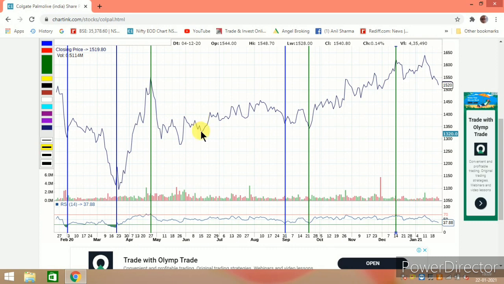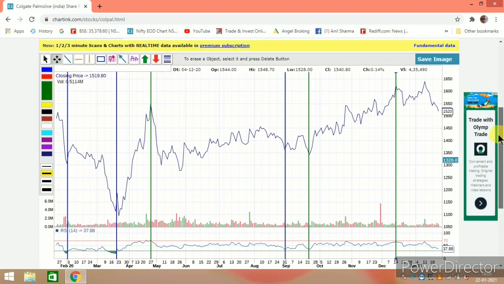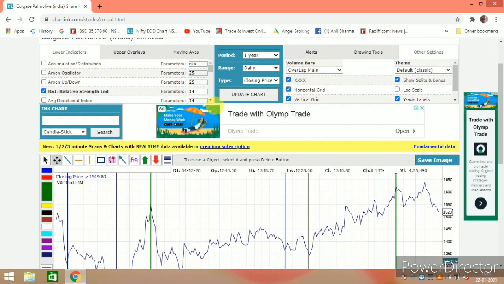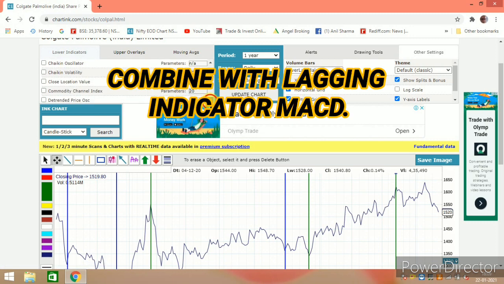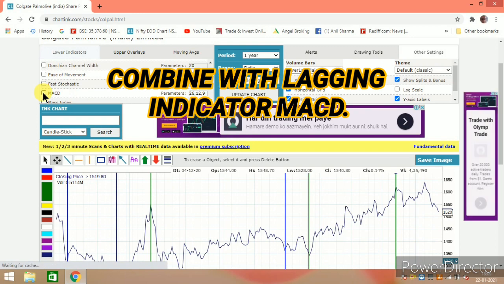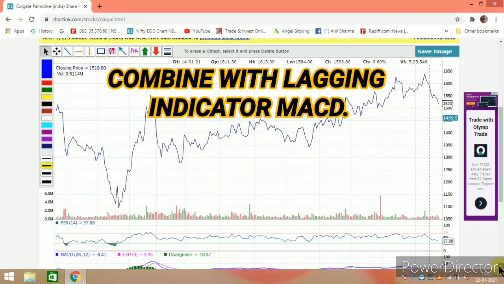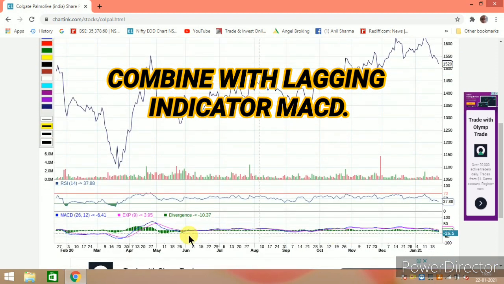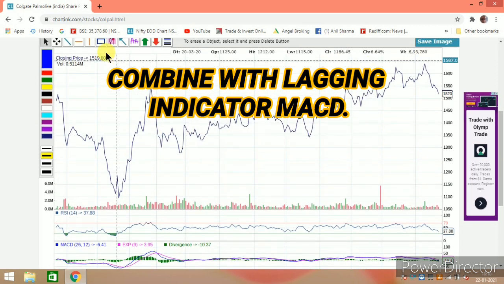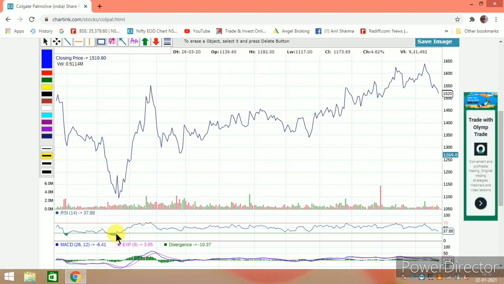So friends, this gives an advanced signal, okay, but when you combine it with lagging indicators like MACD, as I am combining here with the MACD, then you will find, I will update it right now. When you combine with MACD, let us see what has happened. Independently it gave a buy signal here. This I am just marking. I wish you really understand here. It has given a buy signal here, and somewhere here it has given a buy signal, and after that it has fallen down.